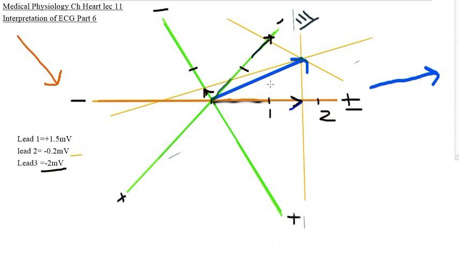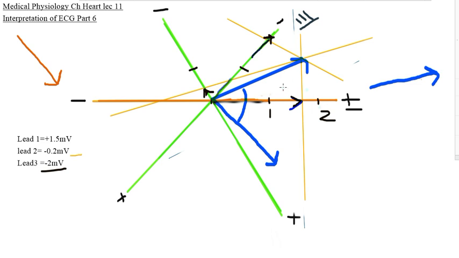First thing is confirmed that left axis deviation occurs, whereas normal QRS complex is in the direction of 59 degree, whereas this has been deviated approximately to the left side to a large extent. So left axis deviation has occurred, and I have told you there are two possibilities of left axis deviation. One is it may be due to hypertrophy, and second is maybe due to bundle blockage of a branch of Purkinje fiber. And as it deviated much more, it resembles that there may be a block of our Purkinje fiber.